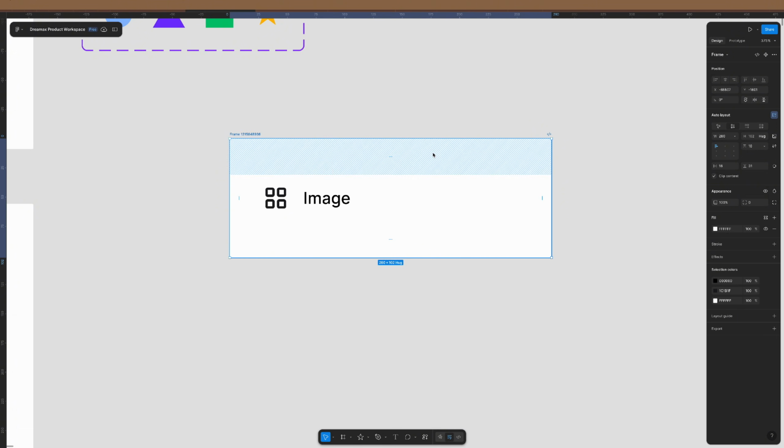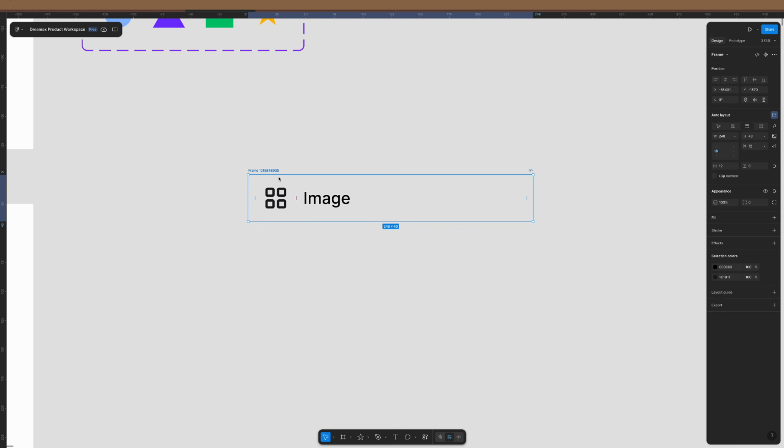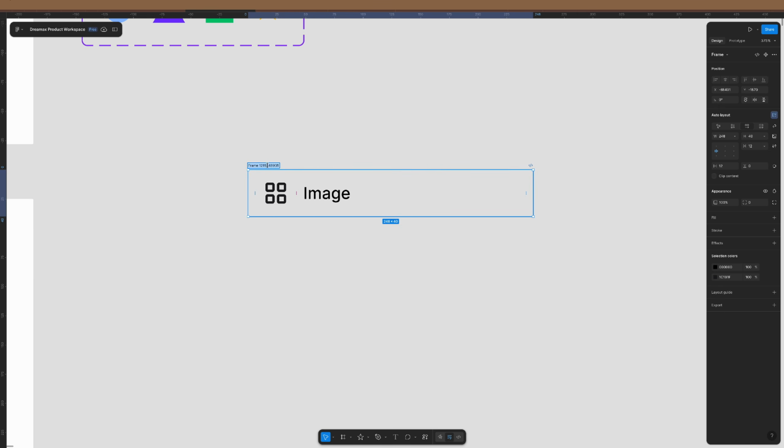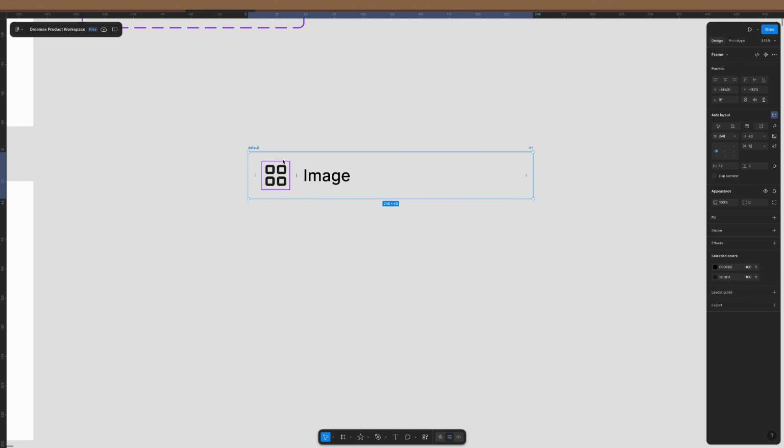All right. Now I'm going to just break out that frame. I don't need it anymore. This is going to be the default, I just call it default. This is the static format of it. And then I'm going to duplicate this. But for this, I'm going to face an issue. And the issue is when I switch